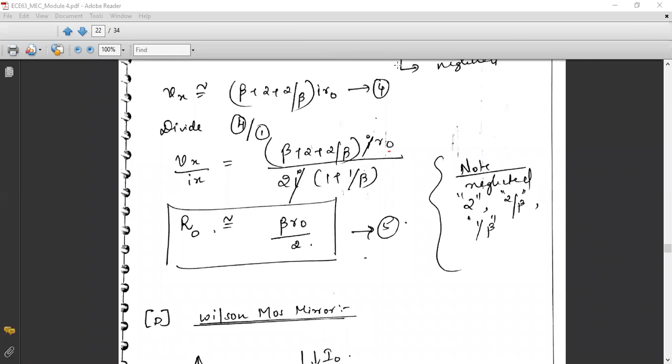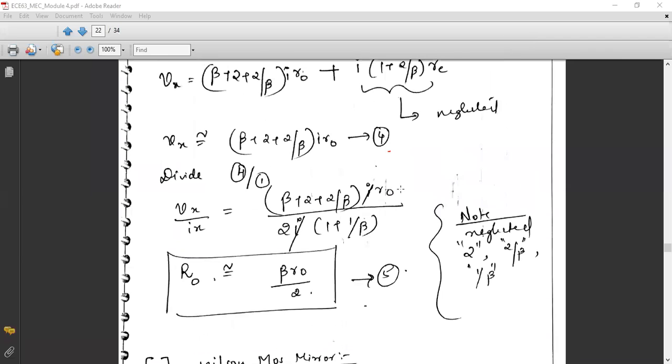For an ideal current mirror circuit, we need a high output resistance, which I can maintain by using this particular circuit. How can I tell that the output resistance of the circuit is very large? Because you know that the beta value of an ideal transistor will be large, so accordingly the output resistance will be beta into R0 by 2. In that way, we are able to maintain a high output resistance for this current mirror circuit, which is called Wilson's bipolar mirror. And the current transfer ratio is maintained as 1:1 as per our previous discussion.